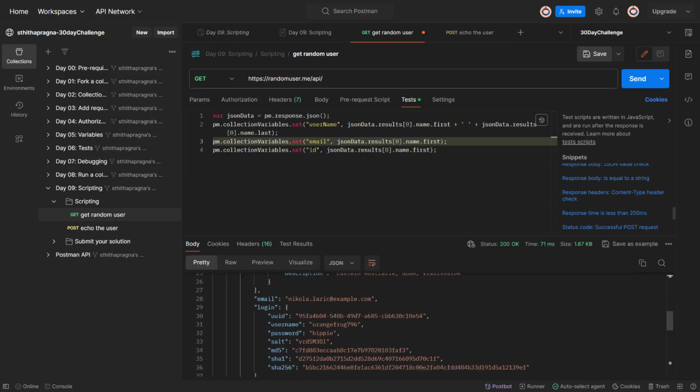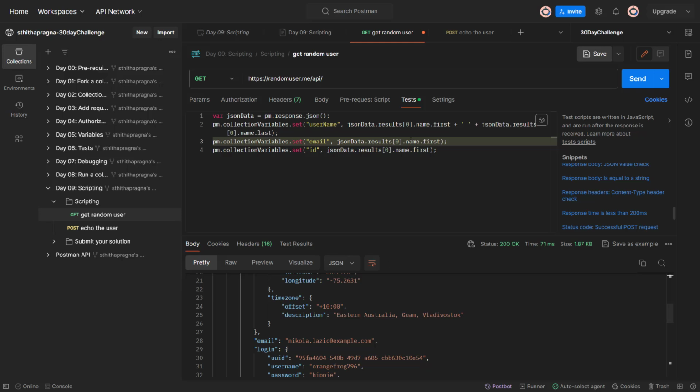Okay, email login UID. Okay, this is going to be login, and then UUID. We can even log it here, but I think I'm fine. So let's